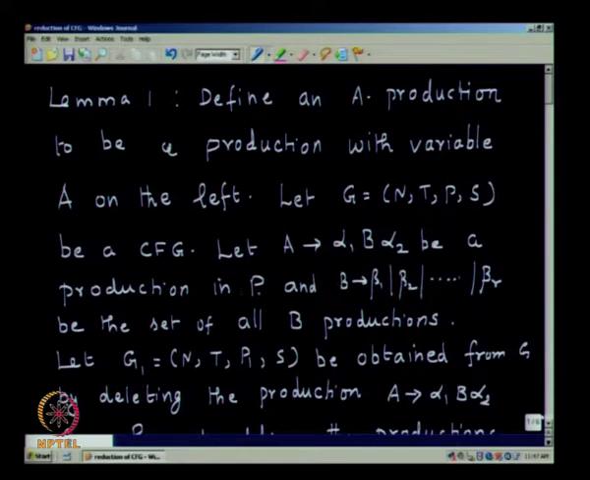Let B be a non-terminal. With B on the left hand side you have a set of productions in P: B goes to beta 1, B goes to beta 2, B goes to beta r. A set of productions you have with B on the left hand side, the set of B productions. Then from